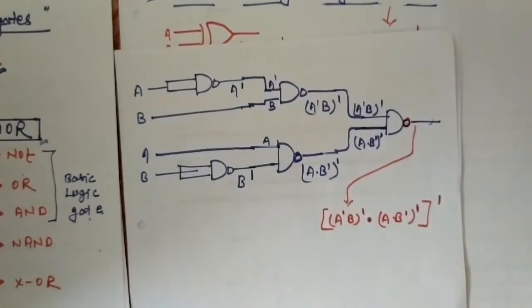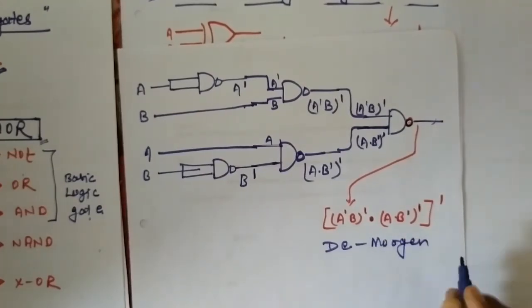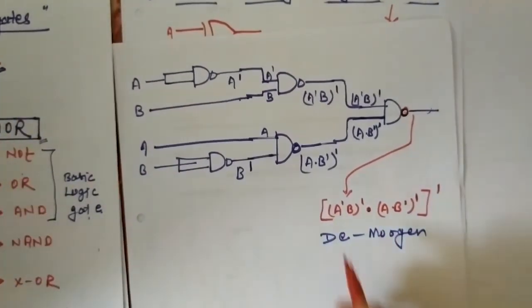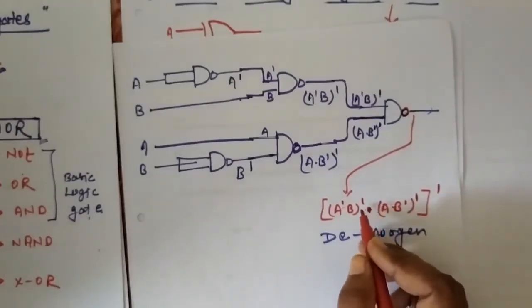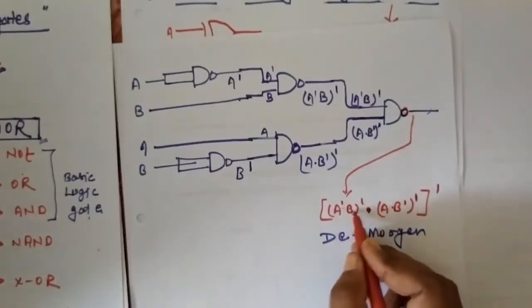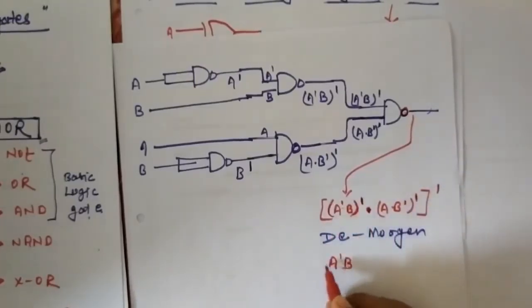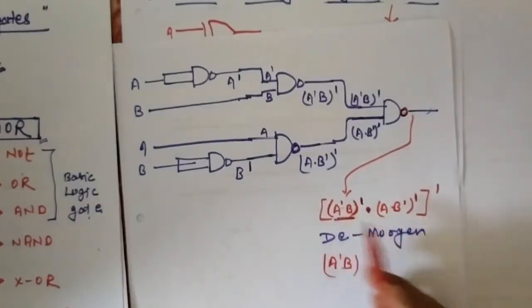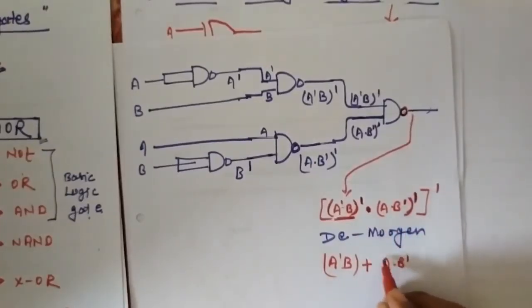So let's convert this expression by using De Morgan's theorem. For De Morgan's theorem, the expression will be converted: the dot sign is converted into the plus sign and the dash is converted without dash. So here (A dash into B) whole dash, this dash will be changed, that means the output is like that. After that, this plus sign, and again here is one more dash. So here is (A into B dash) whole dash.